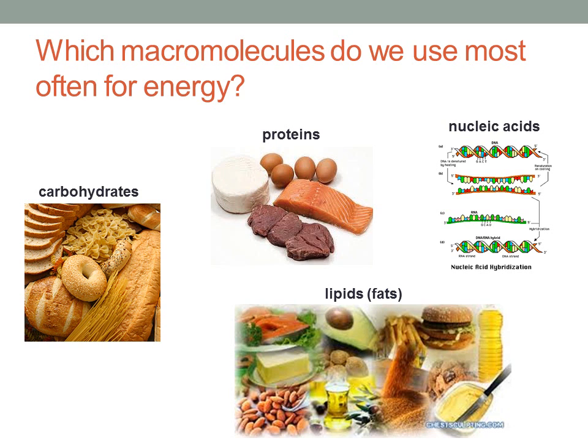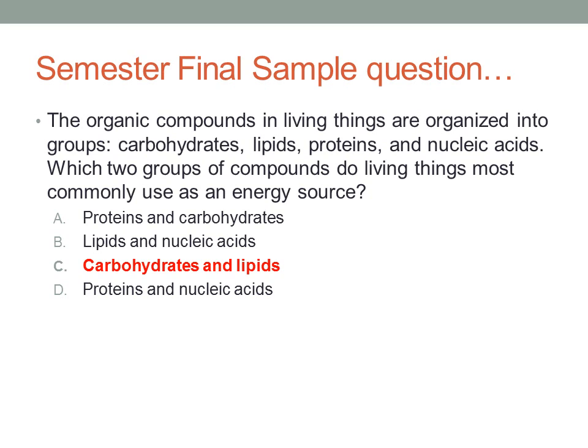All right, here's another topic we're going to go over. In a previous unit, we went over macromolecules. We know that there are 4 major macromolecules: carbohydrates, proteins, nucleic acids, and lipids. Which 2 do you believe is used most often for energy? So out of these 4, there are 2 that we access more readily for energy, and that would be carbohydrates